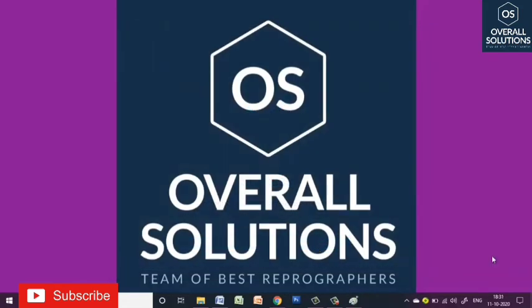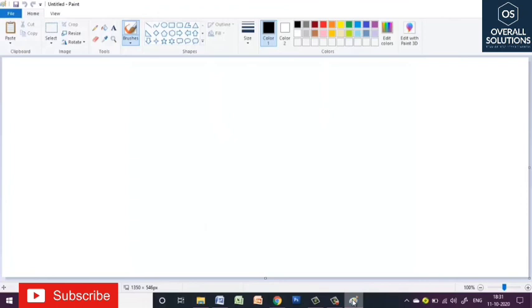So now friends, the drivers for the Wacom One tablet are already installed on my laptop. Now to check whether it is working or not, I will open MS Paint, because in MS Paint your Wacom tab pen tablet will work directly without selecting any other options or settings. Alright, you can see I have opened the MS Paint application, and similarly I have attached my Wacom tab to my laptop using a USB port.